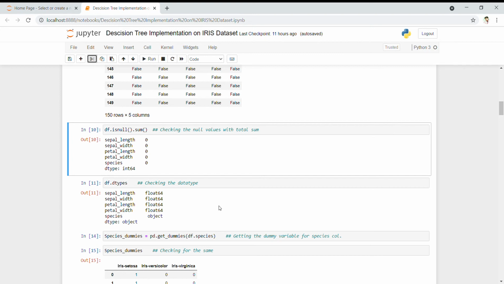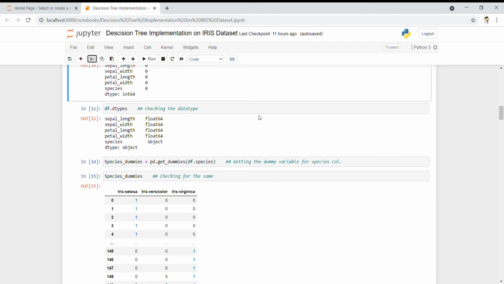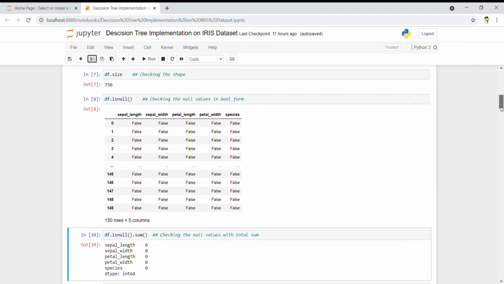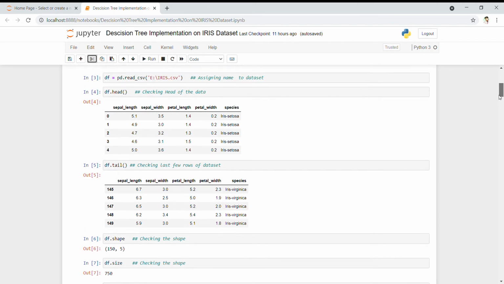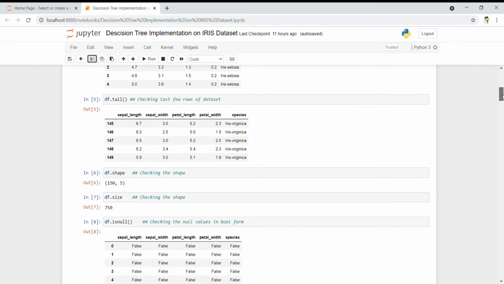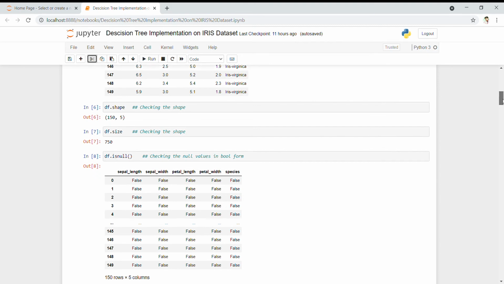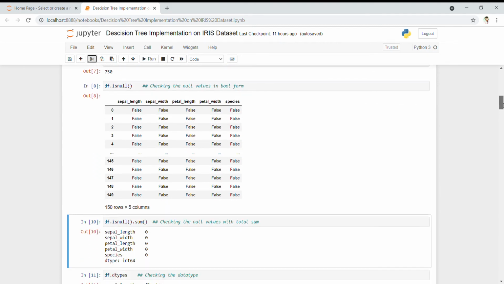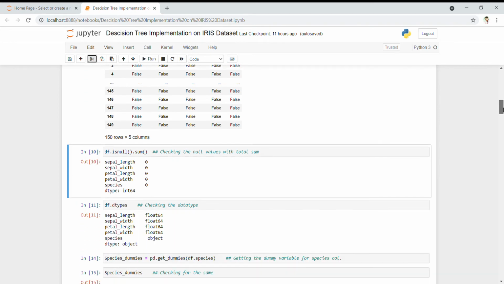After that, I want my species column, but we can see that the species column is in some string format, the object data type, with Iris-setosa, Iris-versicolor or Iris-virginica. These cannot be plotted or visualized by any algorithm, so they need to be converted by the get_dummies function that is available in pandas.